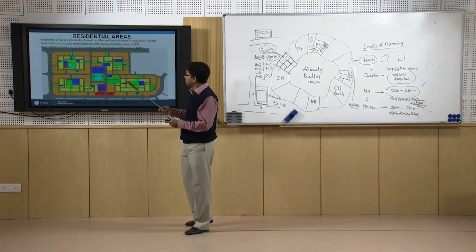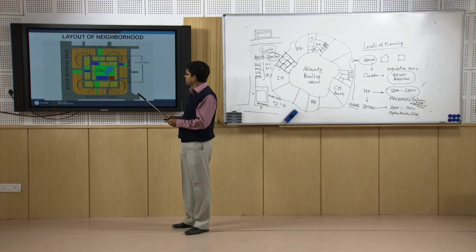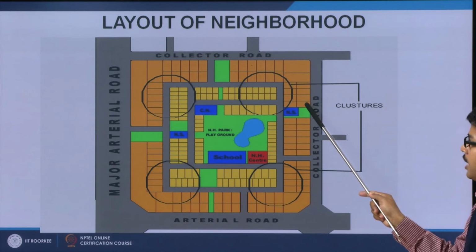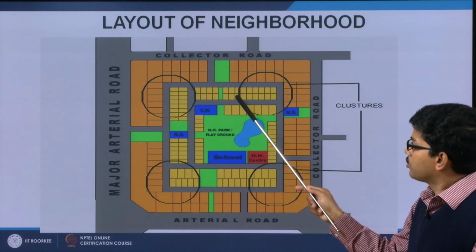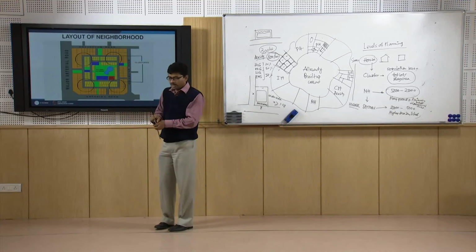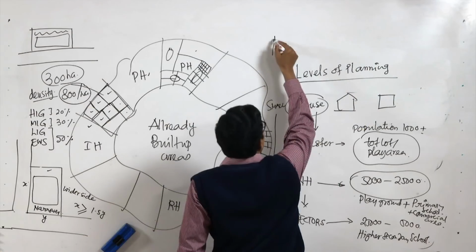Here also you can see the hierarchy of the different levels of the planning. Similarly, you can see that these are the bigger plots given for the high rise buildings, and these are the smaller plots given for the low rise buildings. So the concept, as we discussed last day also, is that